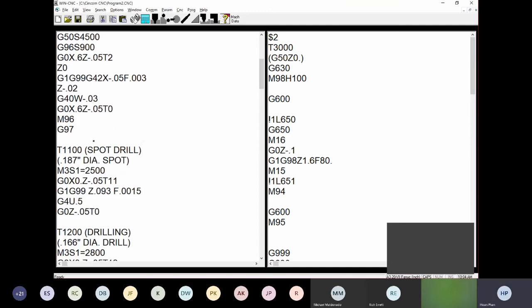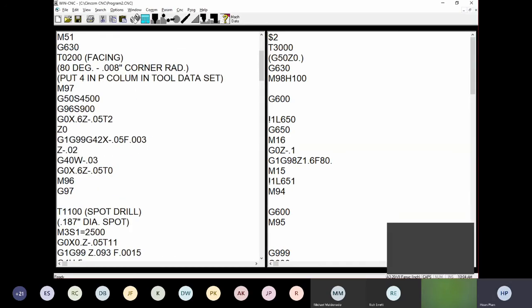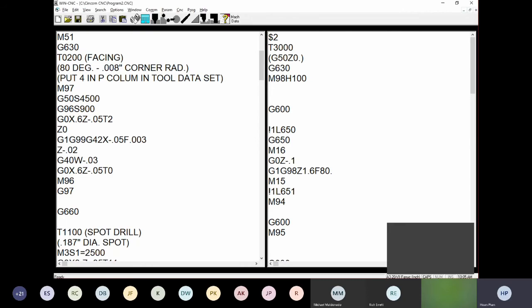Nothing changed on the first side for the facing. We're still using G630, but when we use the tool on the dog legs, we're gonna change it to G660 right here. So G660 over here, and then you also have to put G660 right here,